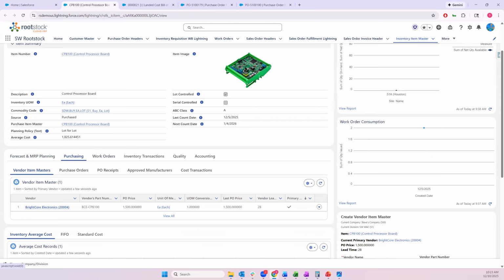So you're seeing firsthand how we can take that purchase price and then layer that purchase price with additional costs such as freight, tariffs, brokerage, customs, whatever that might be. And all of this is now going to get consumed into a top level production process and build into a final top level total cost of goods sold, which is going to give us even greater visibility into our actual margins as a